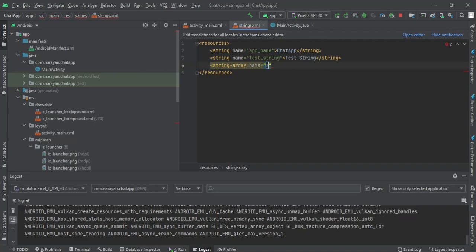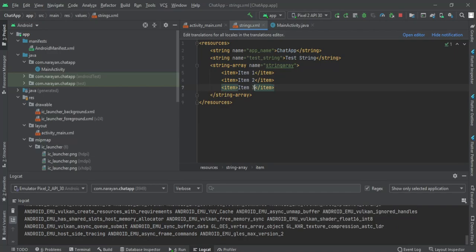Here, string array. I've made a typo so that you can easily detect a typo. Item, item 1, item 2, and item 3.